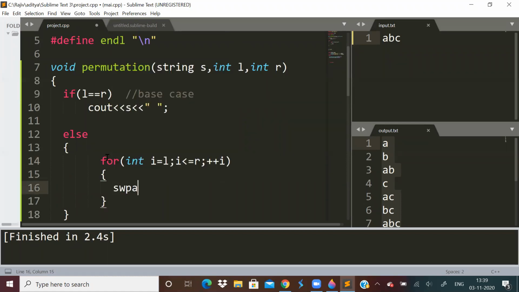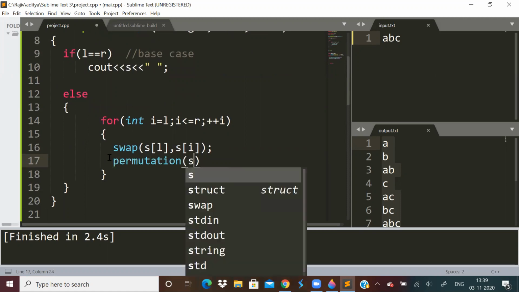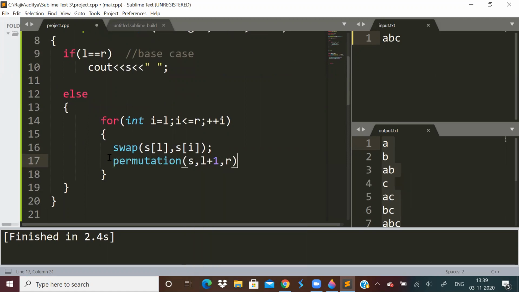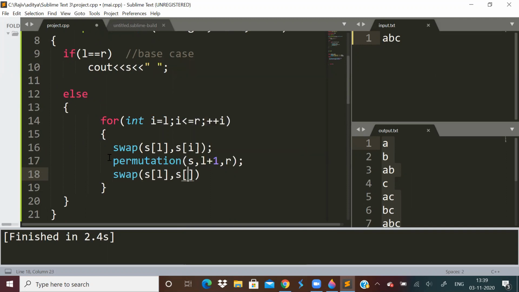And now we have to swap S of L and S of i, and then recursively call the function again, but pass the parameter L plus 1. And the step I'm writing after it is the backtracking step. You need to know what backtracking is.